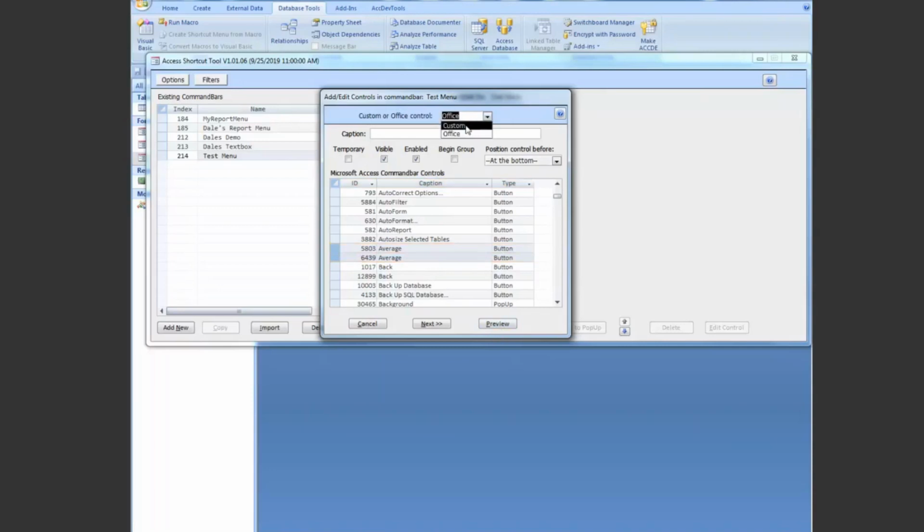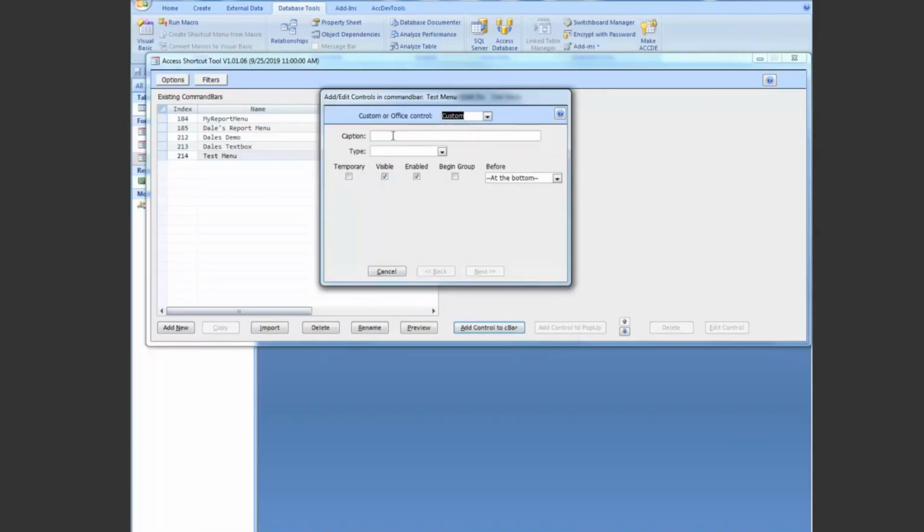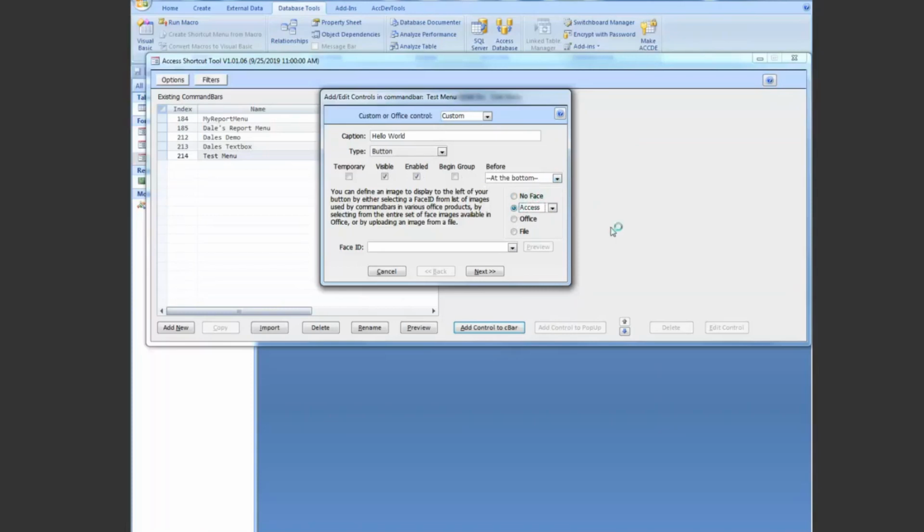The other option is that you can create your own custom controls. We're just going to call this one Hello World. And we're going to make it a button. And it's going to be permanent. We want it to be visible. We want it to be enabled. We have options here so that you can position it within the list of controls that are in this command bar. If you want to add a face to it, an image that goes with it, you can click on